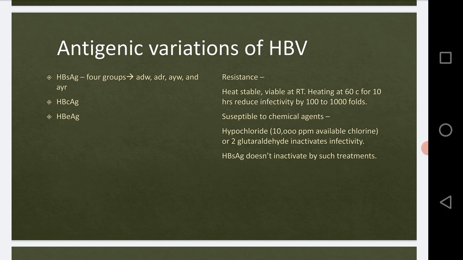In the last online lecture, we started studying the hepatitis B virus. We saw the structure of the virus, the viral genome, the genomic properties and the characteristics of that virus. In this lecture, we will study the antigenic variations, then epidemiology, pathogenesis and the resistance characteristics. We will first start with the antigenic variations.